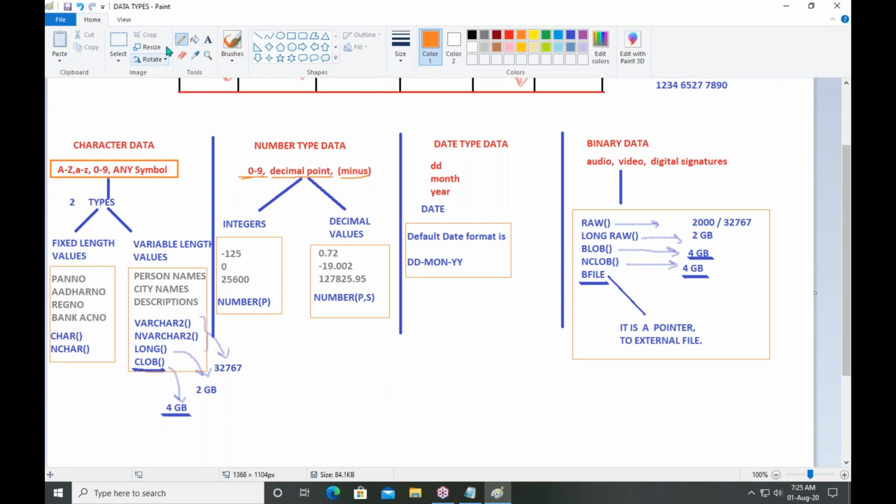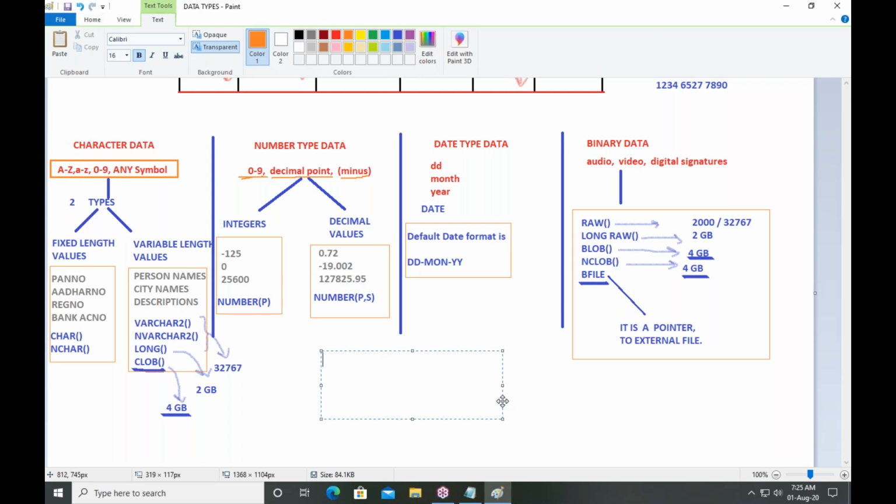For example, minus 2725 is valid. Next, 0.75 is also valid. Minus 123.76 is also valid. So within a number, you can use digits, decimal point, negative symbol. Don't use other symbols. It is not valid.